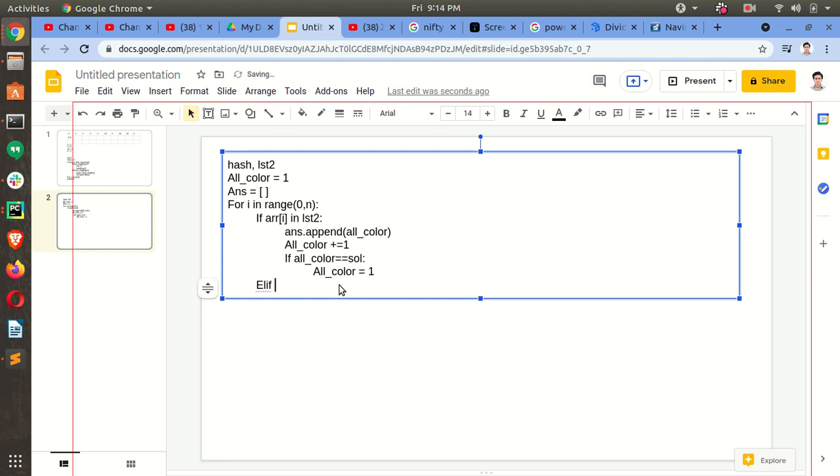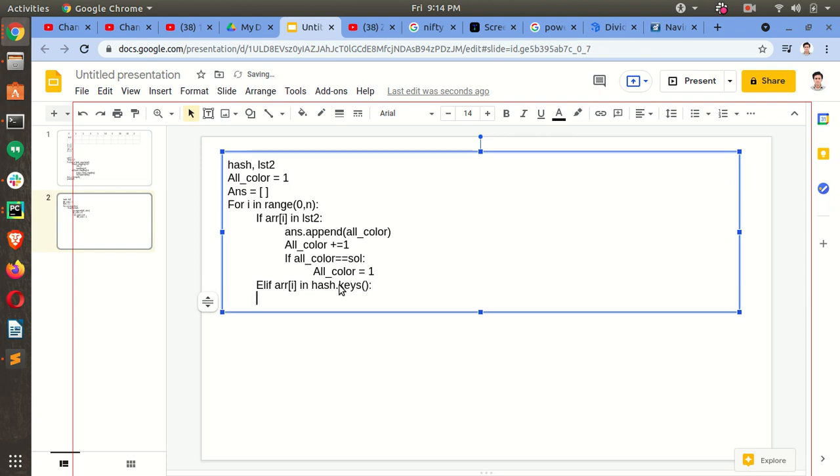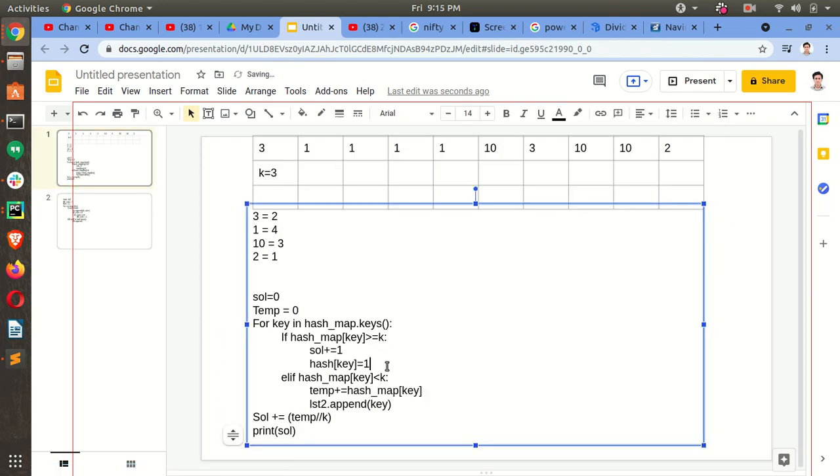and now we will check if arr[i] is in hash.keys, if it is there, then ans.append. In the hash key here we have to store 1.